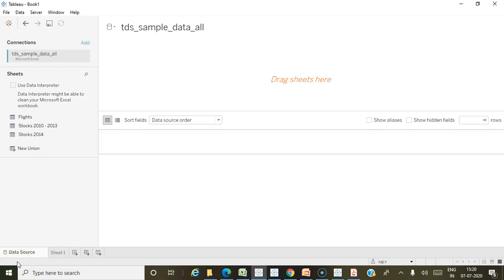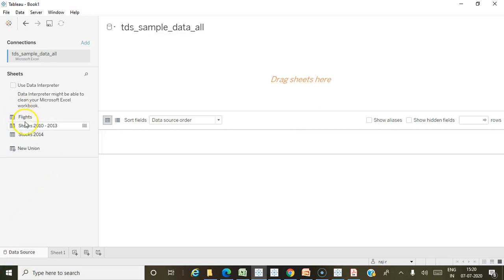In today's topic, I'm going to explain how to use union in Tableau. So, why do we have to union the data? In case you have data which has been split across various tables which have the same structure, in those cases we don't need to go for a join, we can go for a union.